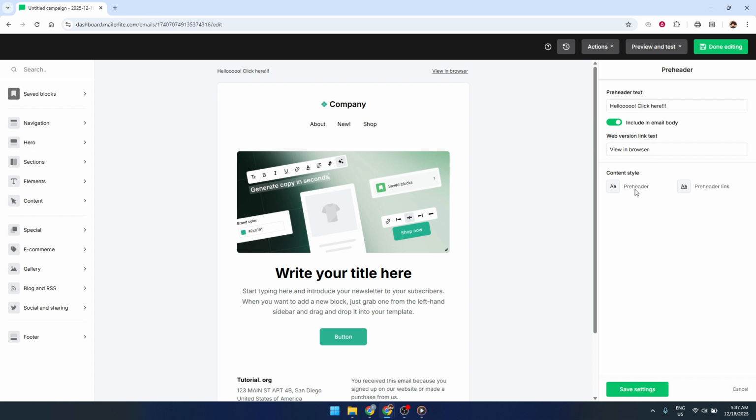Many people prefer to keep it hidden so the email content starts right away, while others like seeing that supporting line in the email itself. Once you're happy with the text and visibility setting, you're done. Your Mailerlite preview text is now set and ready to help improve your email